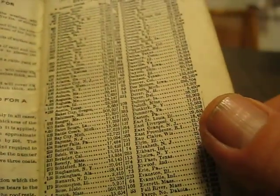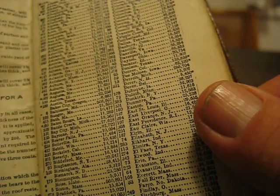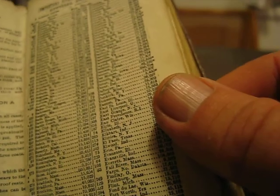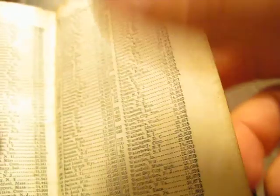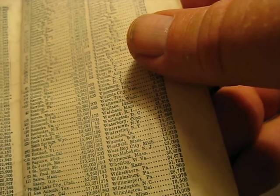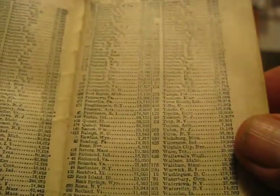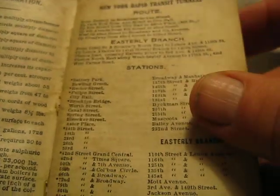The official census of 1900, and what I thought was interesting is you look at, for instance, Austin, Texas had 22,000 people. California was not as populated as you would think. For instance, the population of Sacramento was 29,000, and the population of San Diego was 17,000. So in 1900, it's clear still the bulk of the population was back on the East Coast. Some information on trains, mailings and stamps, and then into the actual